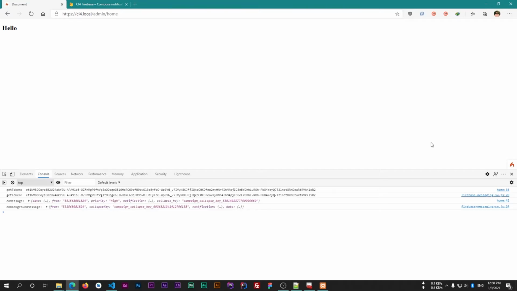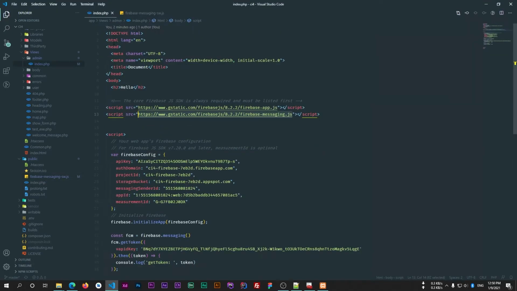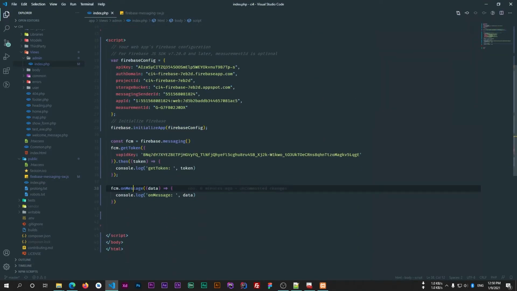As you can see, Firebase is doing this internally for background messages only. So let's try to do this for our foreground message as well. Now we will use the Notification API, which is for JavaScript, in our code. So in the main file where we have the onMessage, which is for the foreground message, here first we have to check for the notification permission.